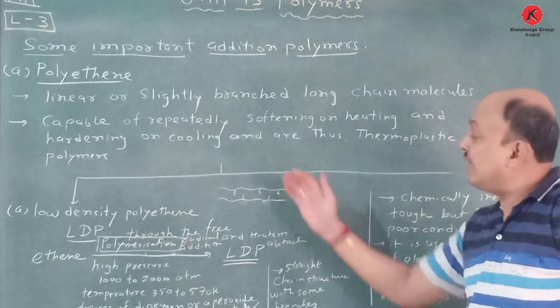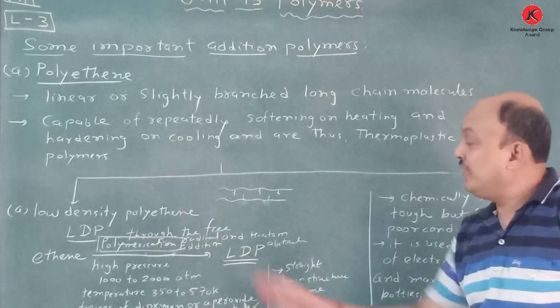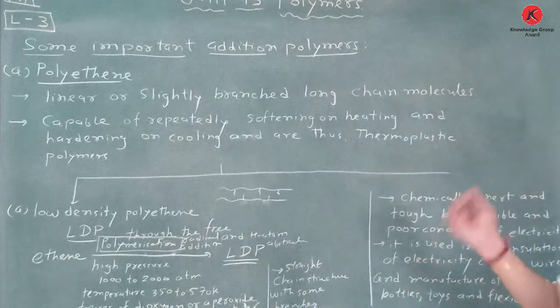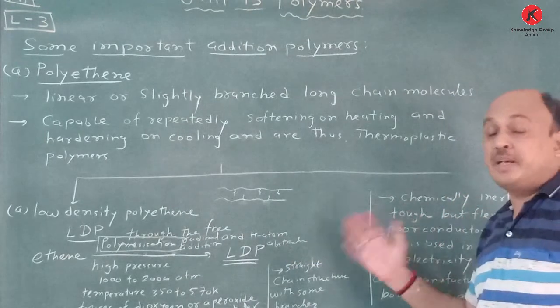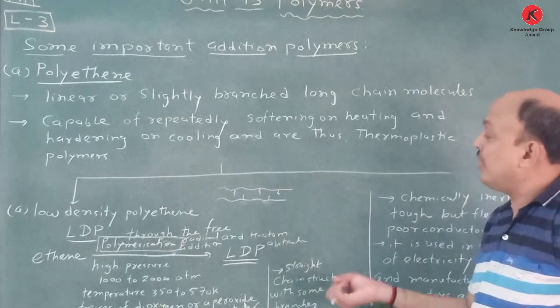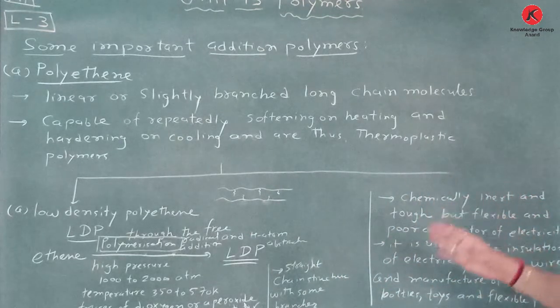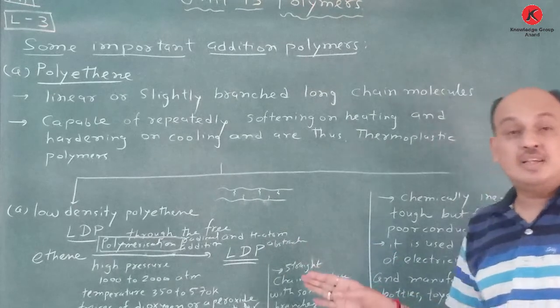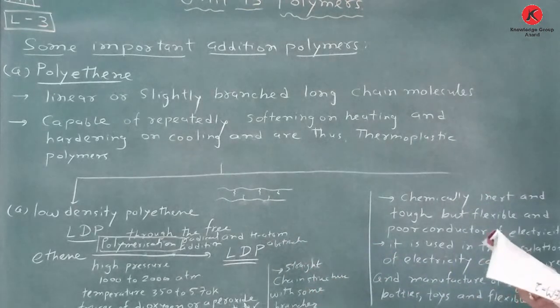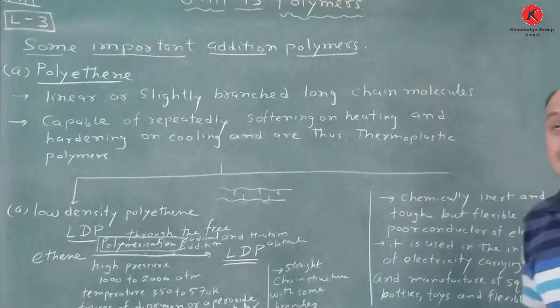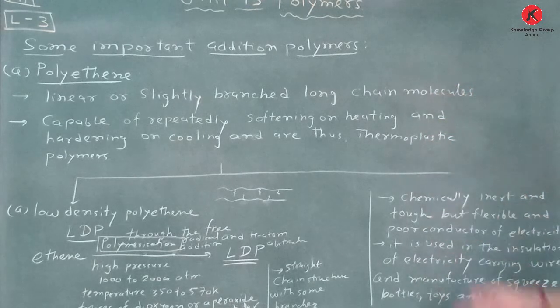Suppose somebody asks to write a note on low density polythene, then you have to write up to this. You write it 2 or 3 times, then you make a practice of this, and you cover all this topic. You write it completely and remember it. So it is considered as low density polythene. Now we switch on towards high density polythene. So make a screenshot of this and write it completely.